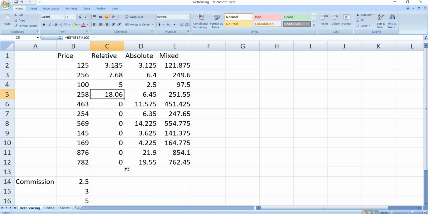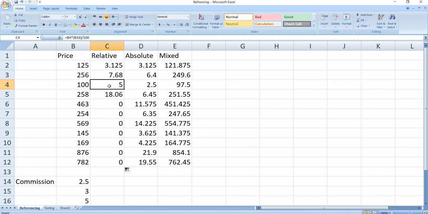And the value in B14 is 2.5%. But in the next cell, since we have done relative cell referencing, it becomes B15 itself. What is the value in B15? 3%, and 3% is calculated for this cell.